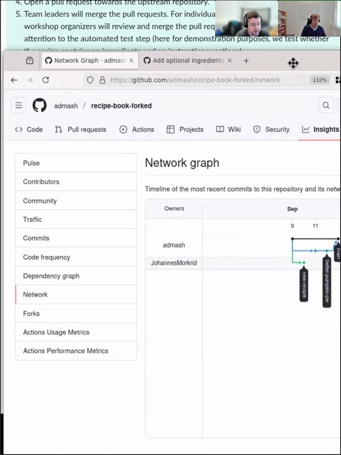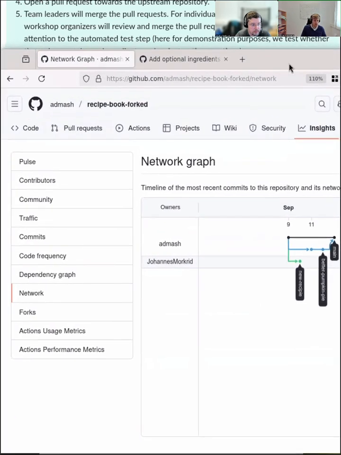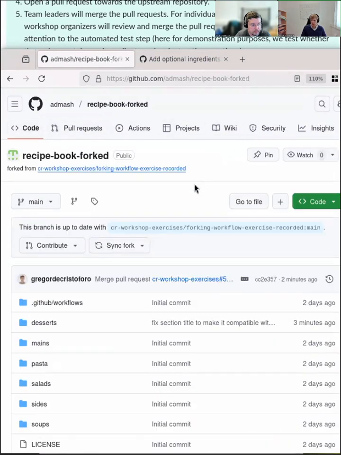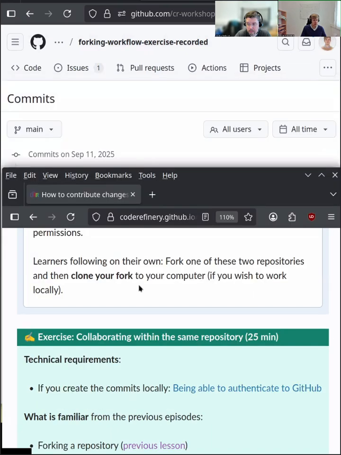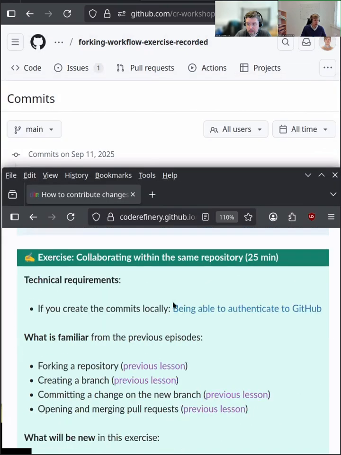Okay, I think we have now 25 minutes planned again. So I will share my screen again. Okay, so if you go down here, we have 25 minutes. That would mean that the exercise will end by 10 to the full hour, and then we have a 10-minute break.